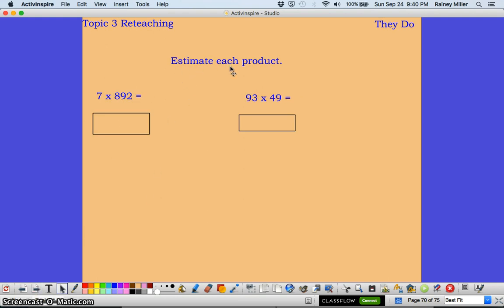We're going to estimate each product. So this is that whole rounding thing that we've done before. So go ahead, stop the video, and I want you to write down the different problems that you are going to do after you've rounded it. So if we're going by what the book says, the book always says to round to the largest place. So in this case, that 7 would actually round to 10. And if we were to take this 892 and round it,